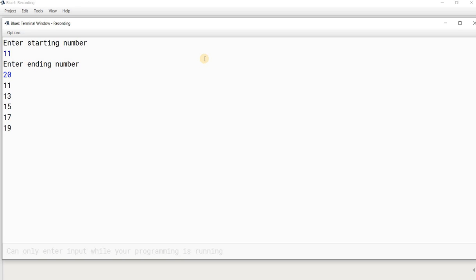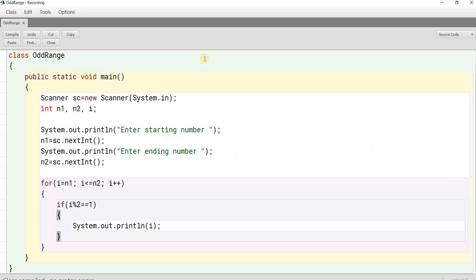Now let us try it again. What if I want to put a message as well? So that message I am putting before the loop. I am writing System.out.println, odd numbers are. This message I have written just above the loop, not inside the loop. If I am writing it inside, it will be displayed again and again.